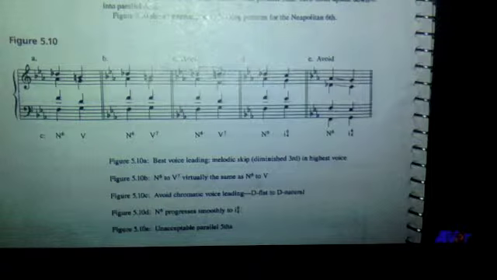So if you look at example A, here's our Neapolitan sixth. So we've got, so that's doubled, the F is doubled. Our Neapolitan is, oh, that's too high. Let's do this. Right, so we've got our, sorry. And A flat. Okay, so if we're looking at